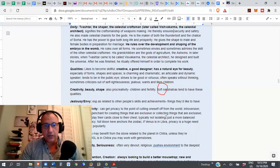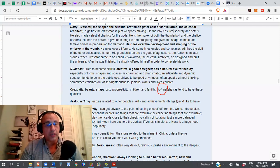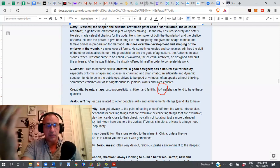If you have Venus in Chitra Nakshatra, super duper, especially in Libra, so in the Libra part of Chitra, then there are a lot of things we could say about that, but one of them is a talent for being an object of desire for others and creating things that are objects of desire. So these people actually like their privacy. So if you have Venus in the Libra part of Chitra, one of the qualities of Chitra is a strong desire for privacy, for exclusivity. They want the gate in front of the house and then a gate around the neighborhood. They want to be